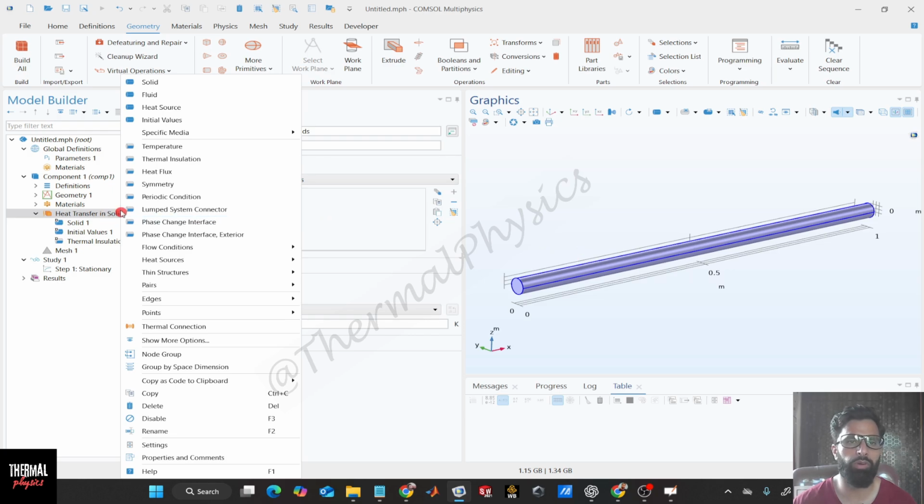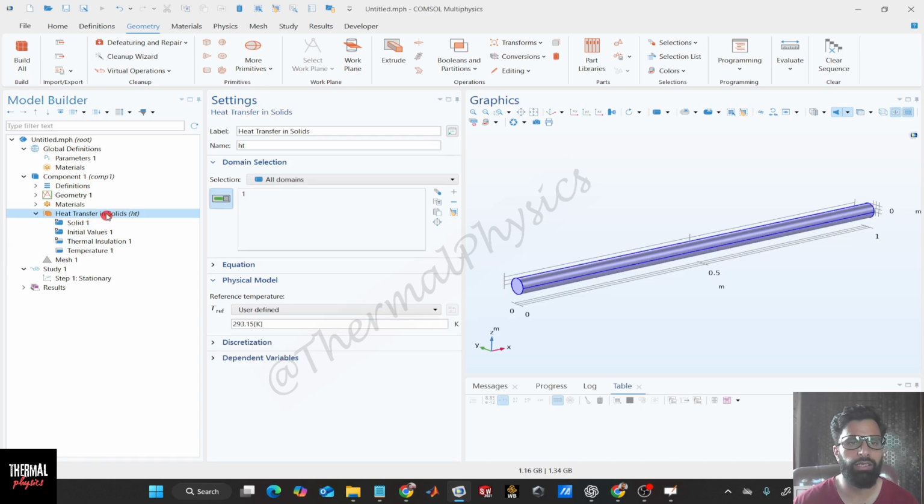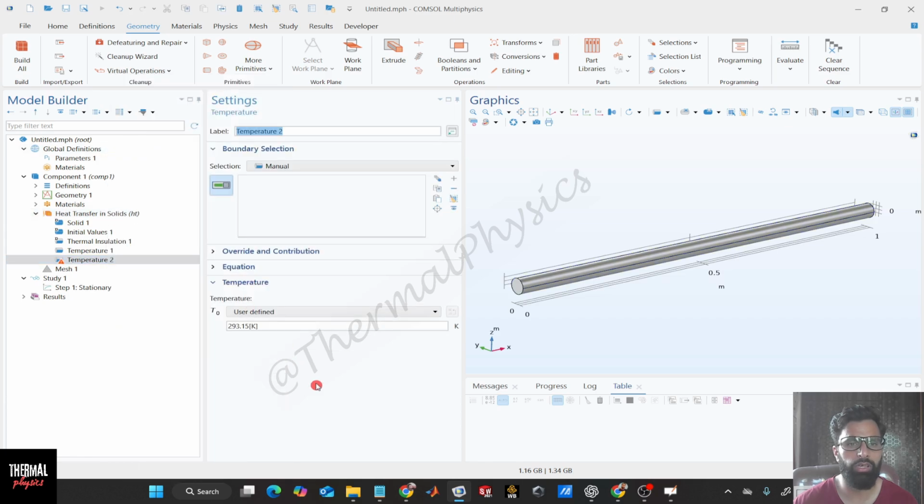The heat transfer's boundary condition that we need here is temperature. We right click on the physics, we click temperature, and we set the temperature on this side. On one side is 100 degrees Celsius, which means 373.15 Kelvin on this side. And we will again right click temperature, and we will set this temperature as 20 degrees Celsius,